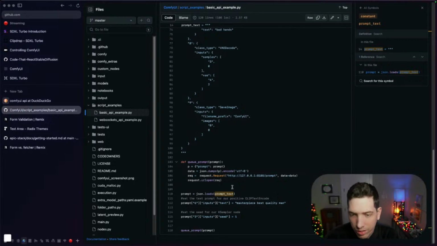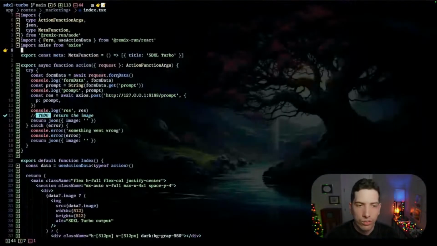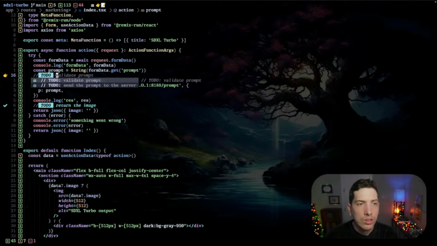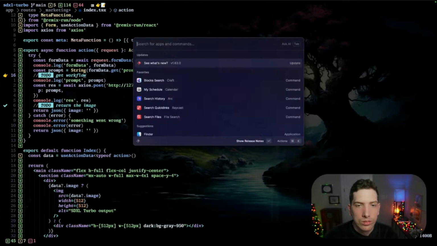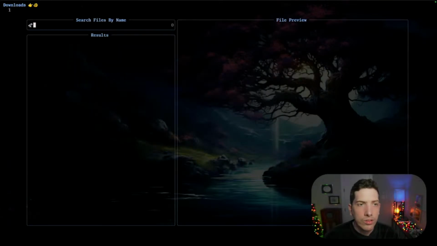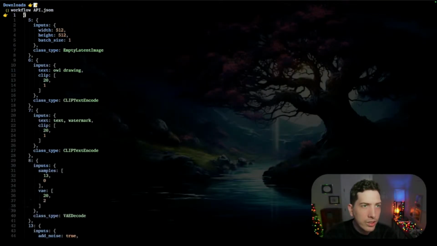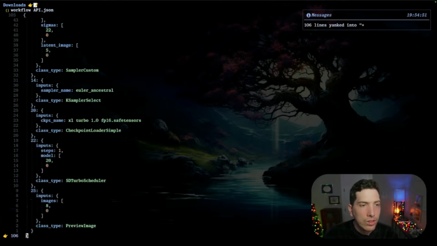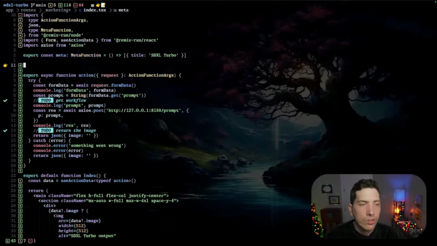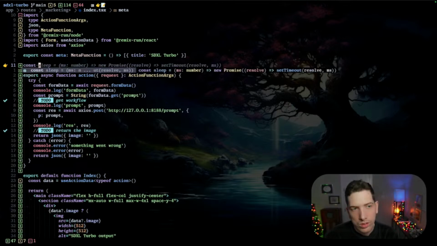And then we need to find the specific workflow. Got it. Okay, so now we're on the same page. This basically is to get the workflow. So we're going to go to downloads and we'll get the workflow API, and this is the structure of the content that needs to go. So we'll just call this